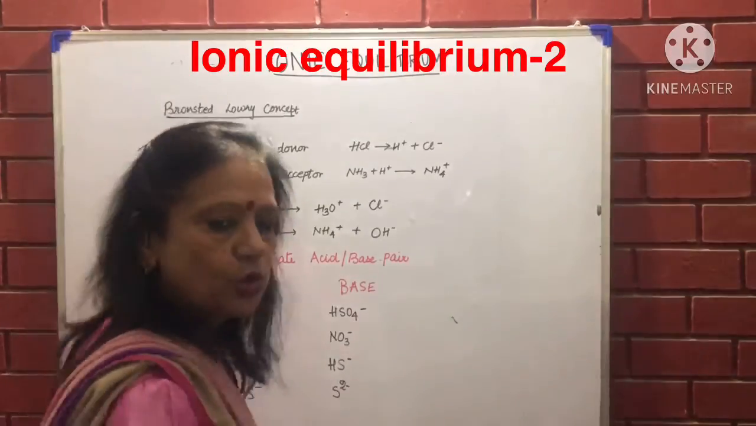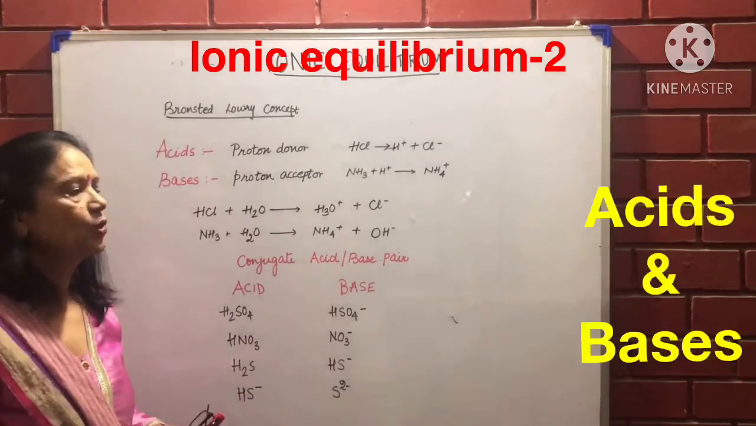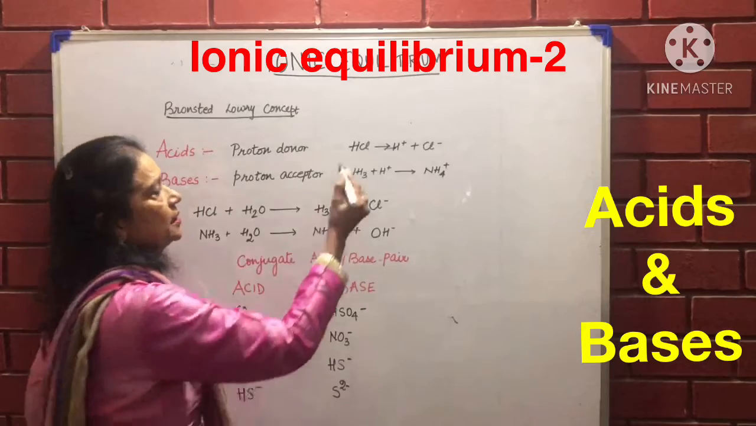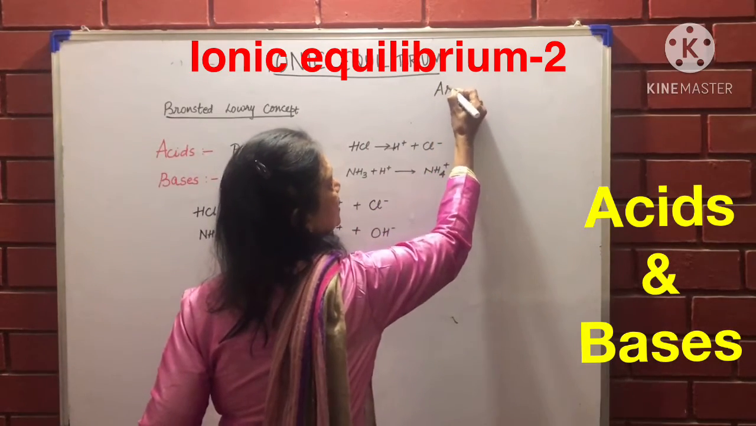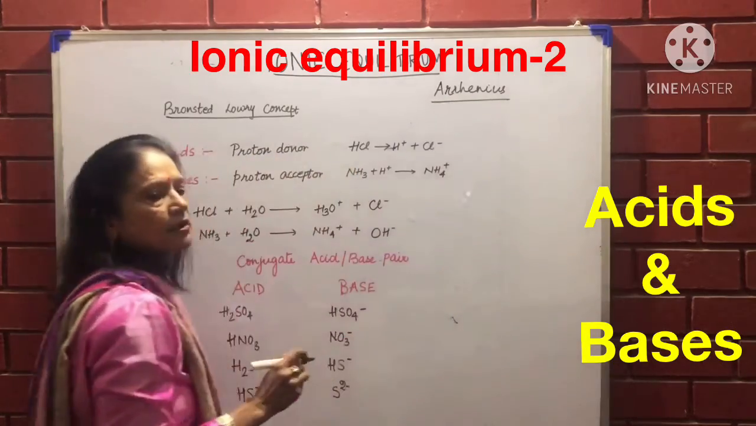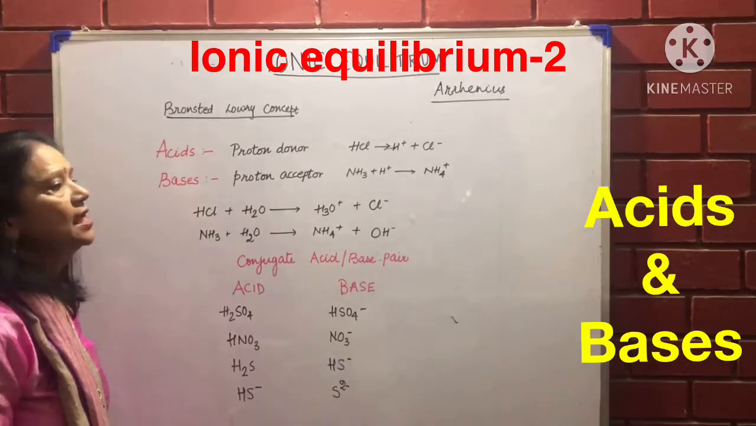You have learned before what is an acid. An acid is a compound which, on dissolving in water, gives hydronium ion as the only positive ion. This was given by Arrhenius. The scientist Arrhenius said acids are compounds which give out H plus ion as the only positive ion and bases give